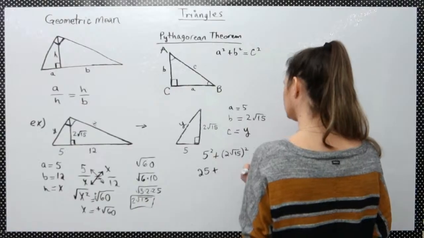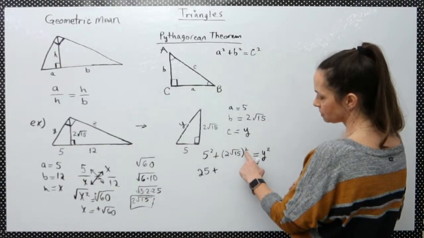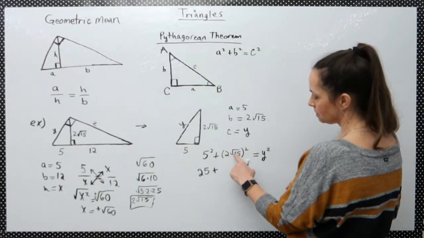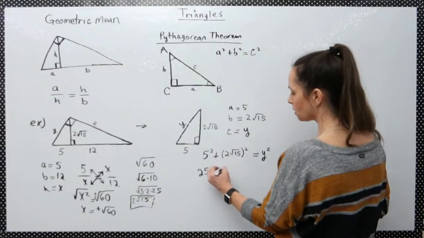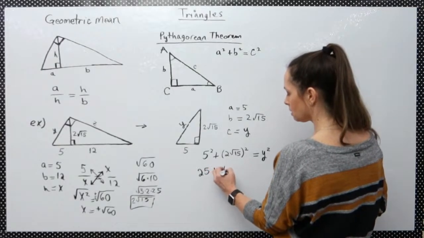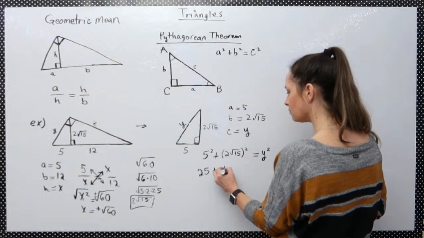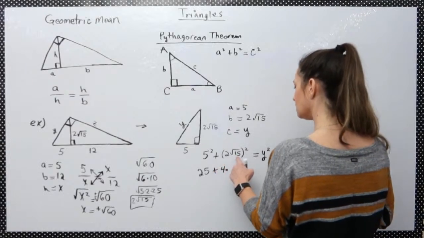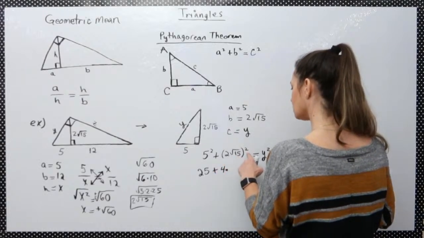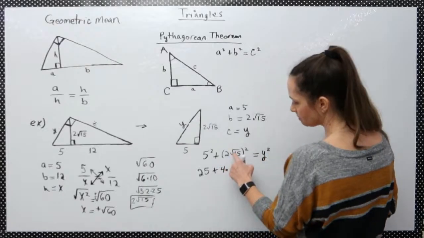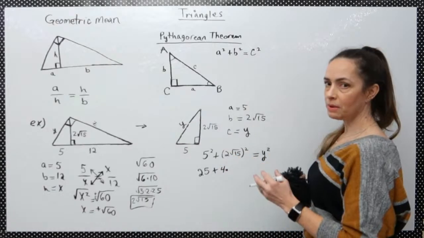To figure this one out, we have to square both values. So 2 squared is 4, and what that means is 2 times radical 15, so you'd say 4 times